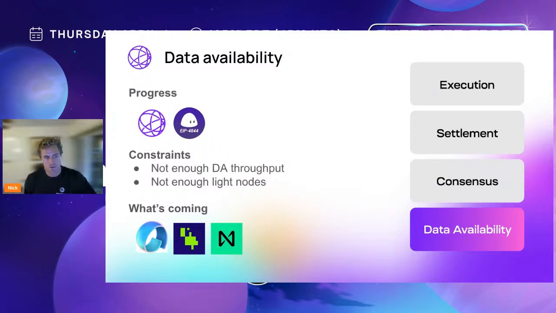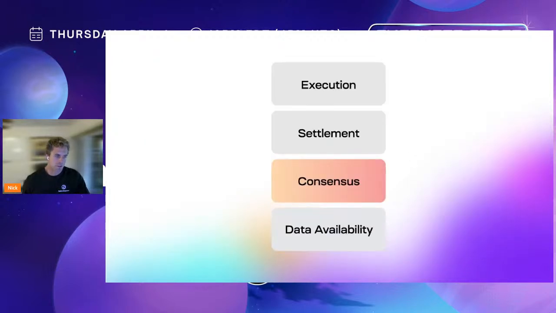But one of the other things, aside from not having enough throughput, is we also need to start rolling out more light node adoption. So for example, one of the things Celestia is doing is we are working on Rust clients to be able to embed light nodes in browsers and in mobile apps. So I think that's really exciting, because that's how we can actually have it so that users are running light nodes by default, and we end up scaling the amount of light nodes.